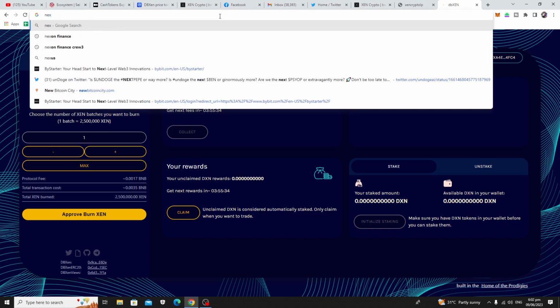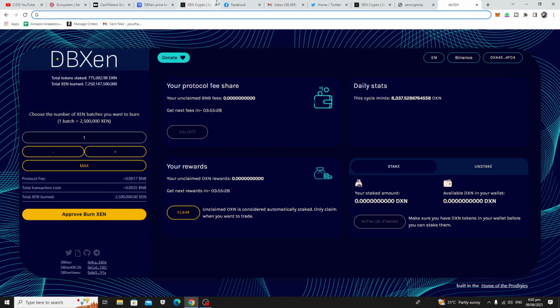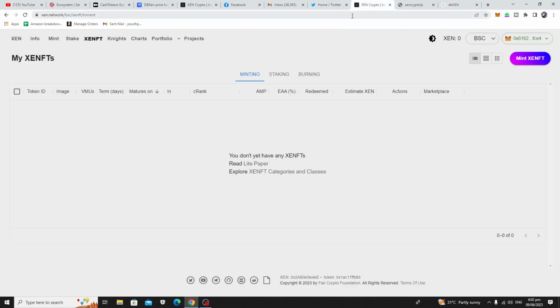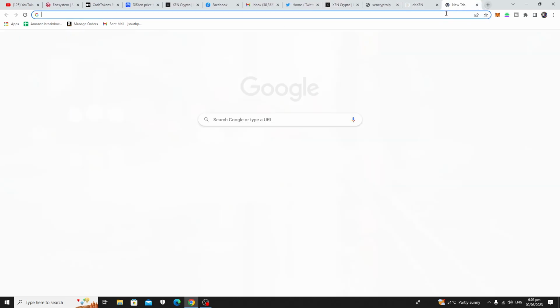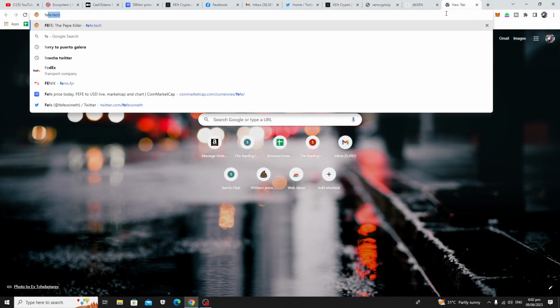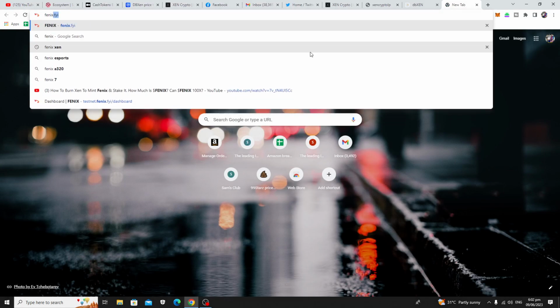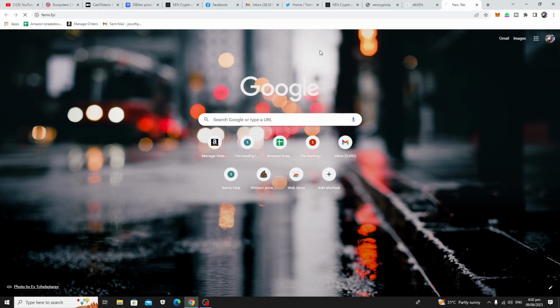I don't know if I can remember another one offhand. Well, there is an ecosystem, there is a platform. Let me see if I can find its projects. Okay, so there's DBXen, there's Phoenix. Yes, that's another one. Oh, it shows Phoenix is not supported, but that's a third-party platform. It's called Phoenix. I've also used it before, and I've also burned Xen in the course of using it because